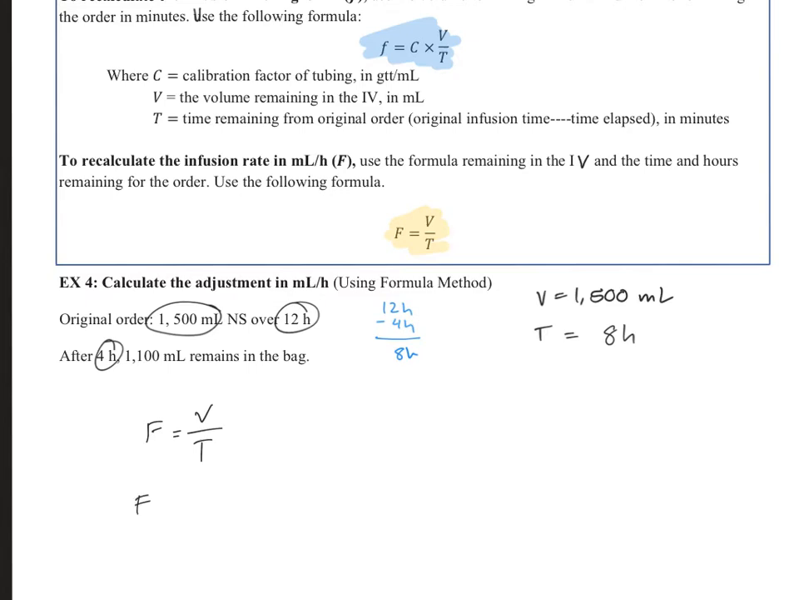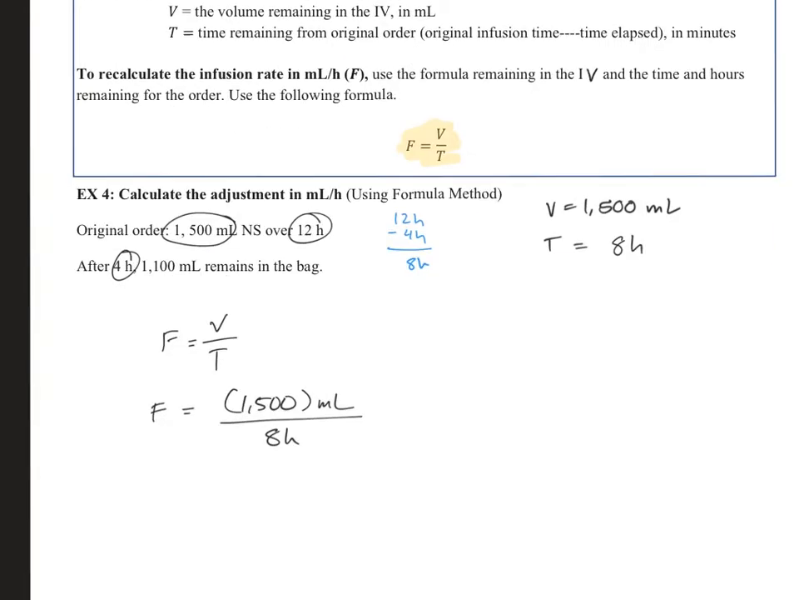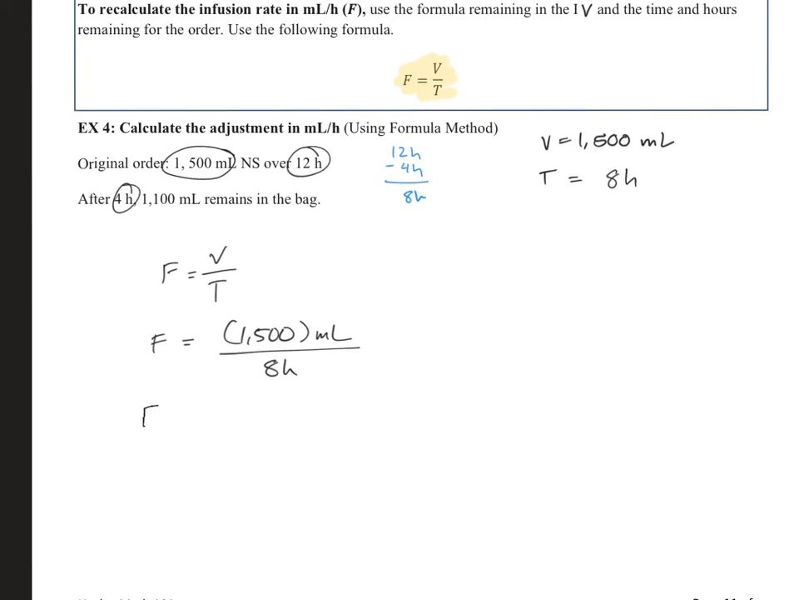So let's go ahead and plug this in. F equals 1,500 milliliters over 8 hours, which calculates out to be 137.5 milliliters per hour. And we need to round to the nearest whole number, 138 milliliters per hour. So, depending on the facility that you're working at, they sometimes have policies about how much